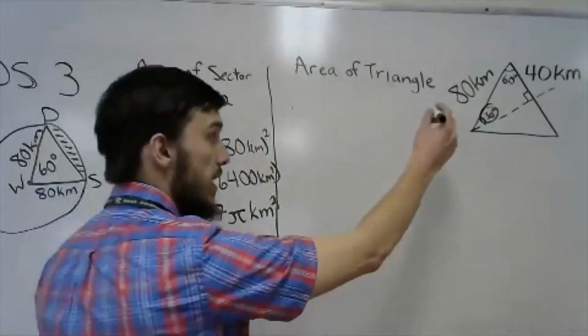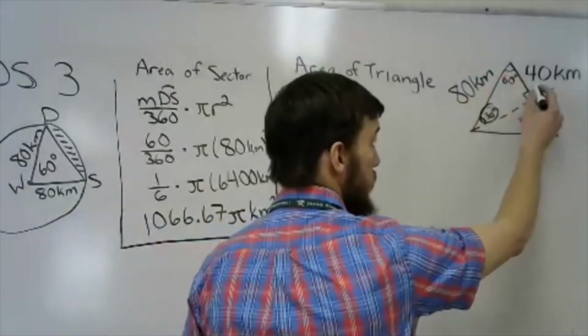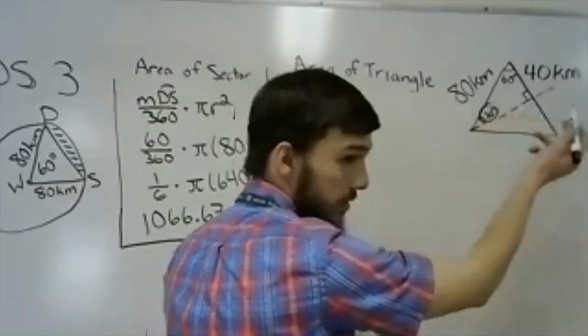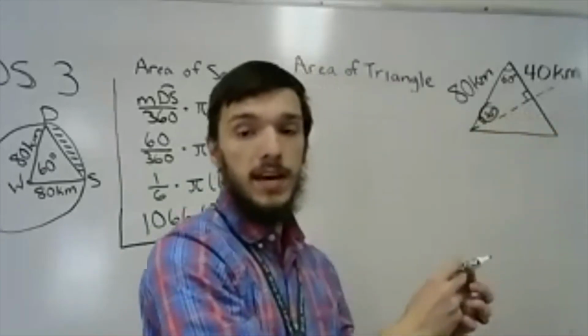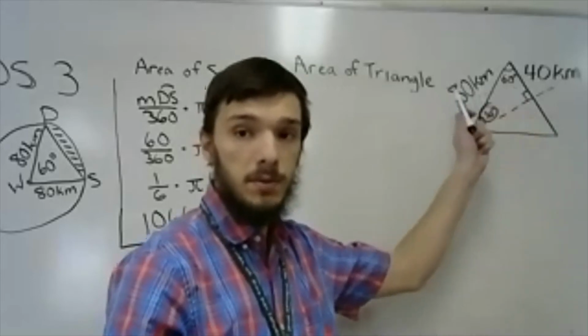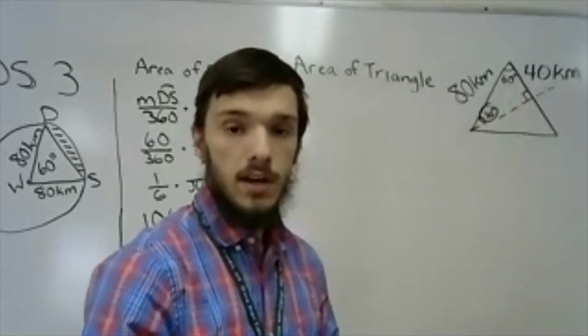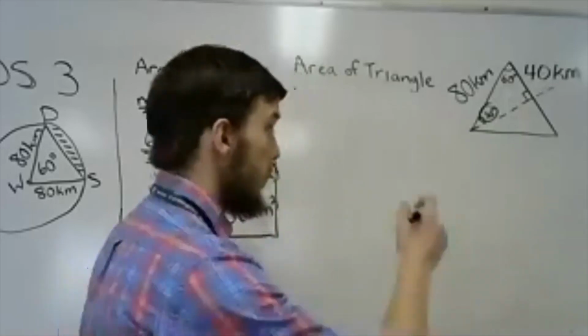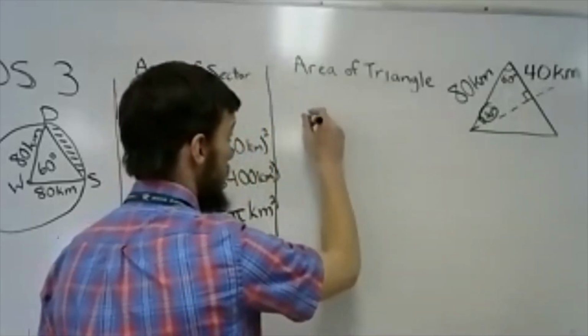See, here we have 2 sides, and then we can use deductive reasoning to find that we have an angle of 60 degrees in between our 2 sides. So using the formula we came up with, the area of this triangle